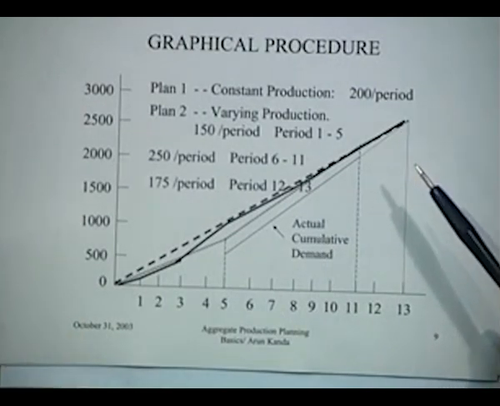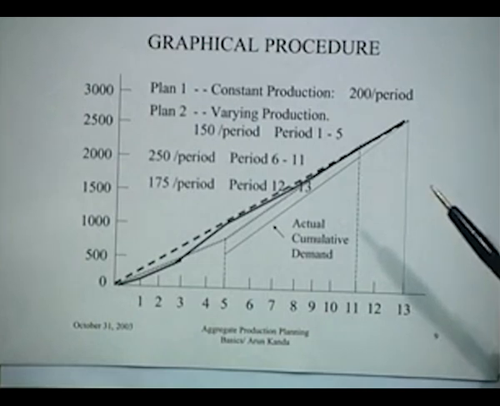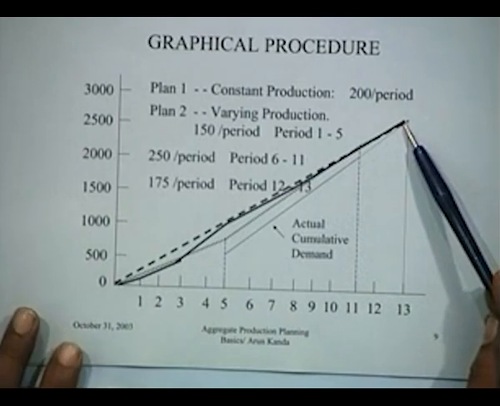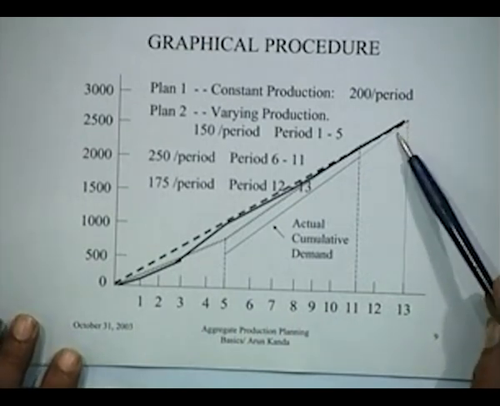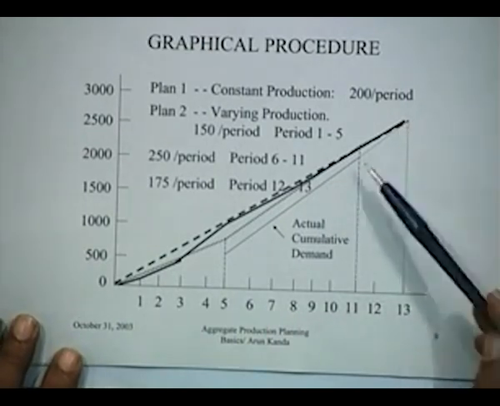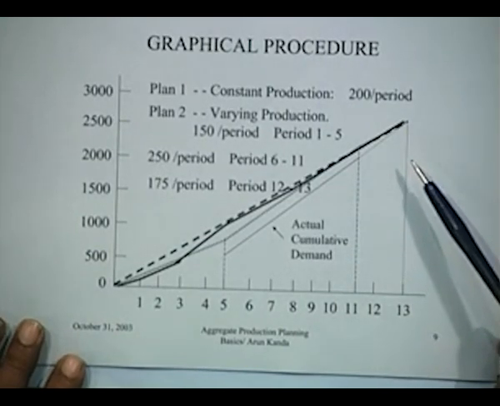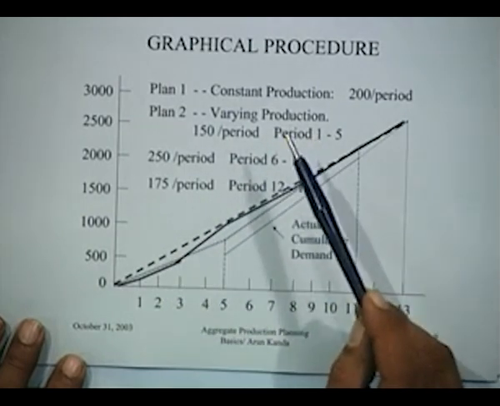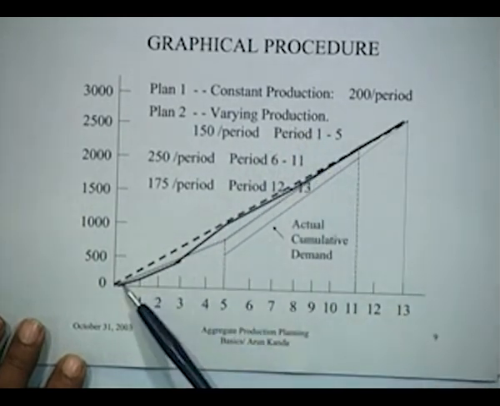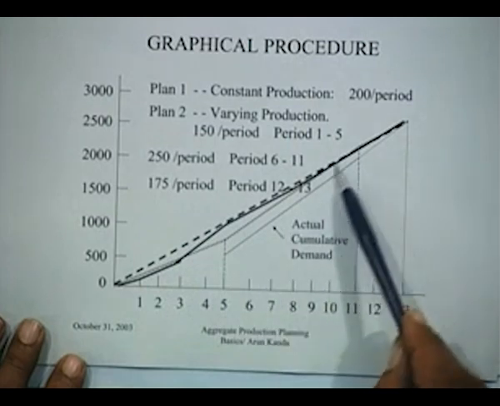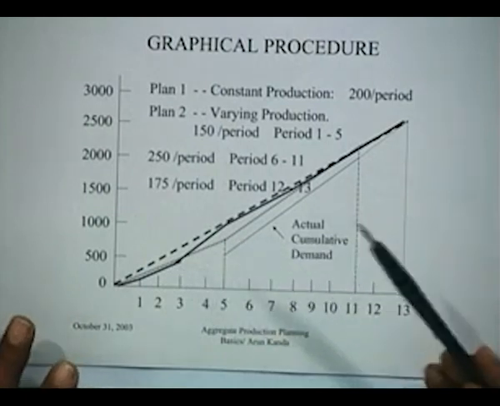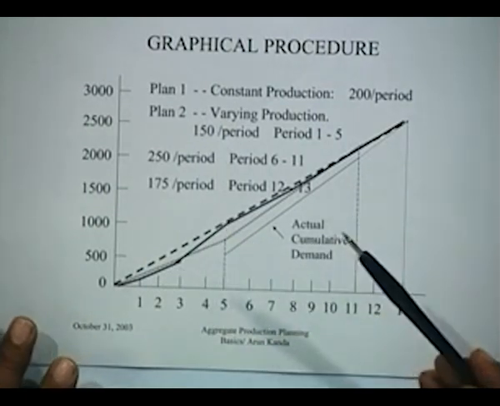So, if the cost of carrying inventory is not too high, this should be a good plan, because most of the time you are not incurring any back orders or shortages, and you are carrying inventories, and this is what it is. Of course, one might say that another possible plan may be that you follow this demand line closely, which means you produce exactly as per demand. That could be a production policy.